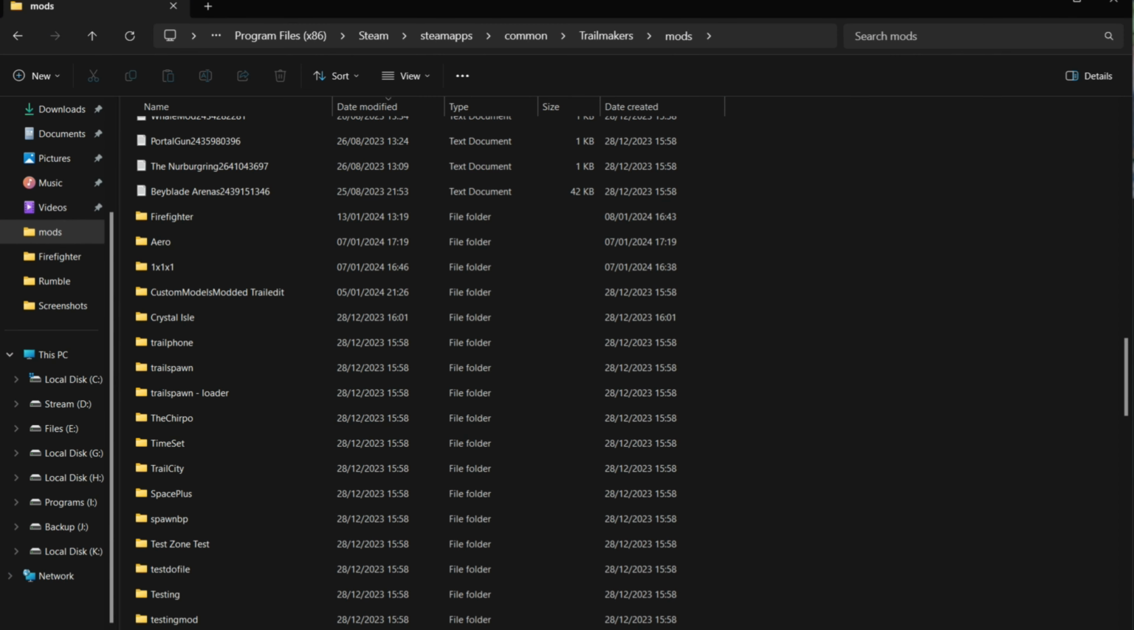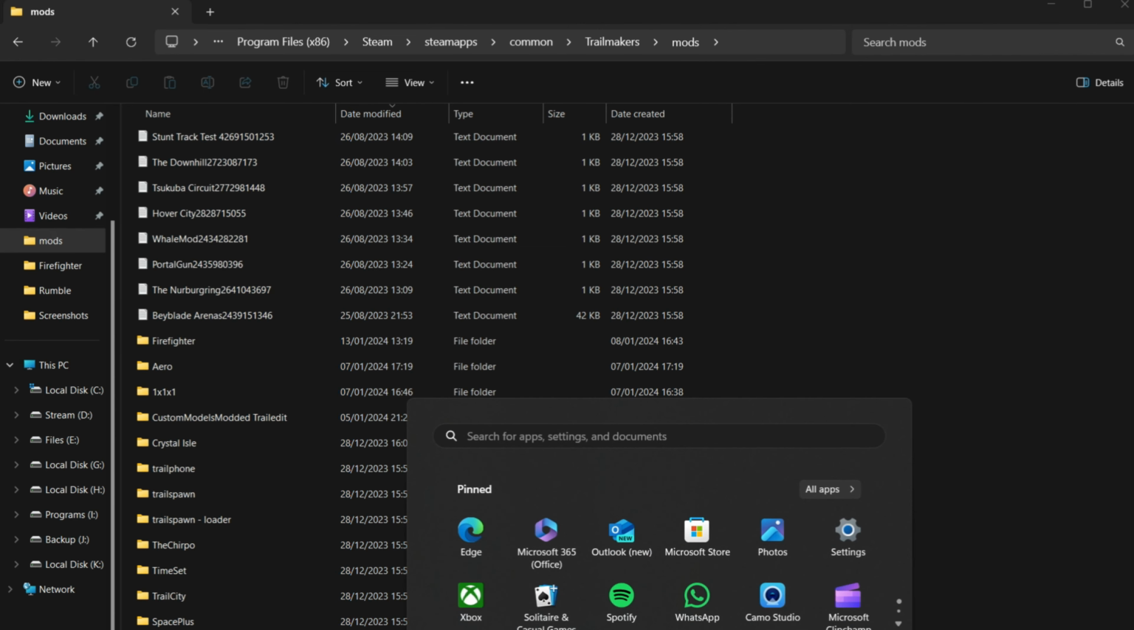So the first step is you actually want to create a mod. If you head to your Trailmakers mods folder, this is usually located under your Program Files, Steam, steamapps, common, Trailmakers and mods. A quick way to get here is to go to Steam,